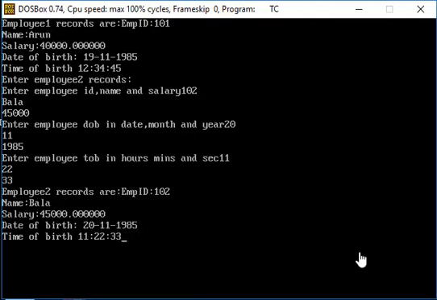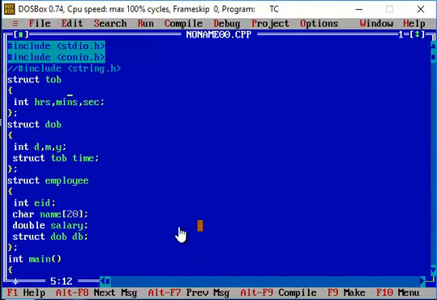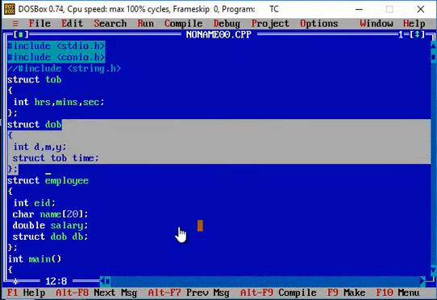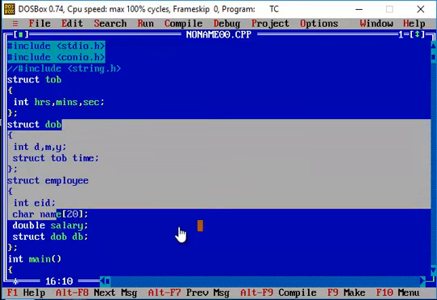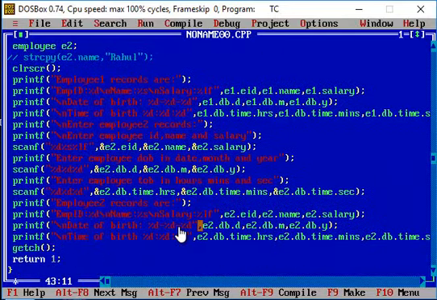So basically, the ultimate goal of this particular program is we are trying to access a structure that is present in another structure. Here a structure DOB is present in another structure, and DOB has another structure member, that is time, which is defined in another structure. So how are we going to access this information? The one and only thing is we have to make use of the structure variable name followed by the dot operator, and then we have to ensure the members of the structure are being properly called and retrieved.